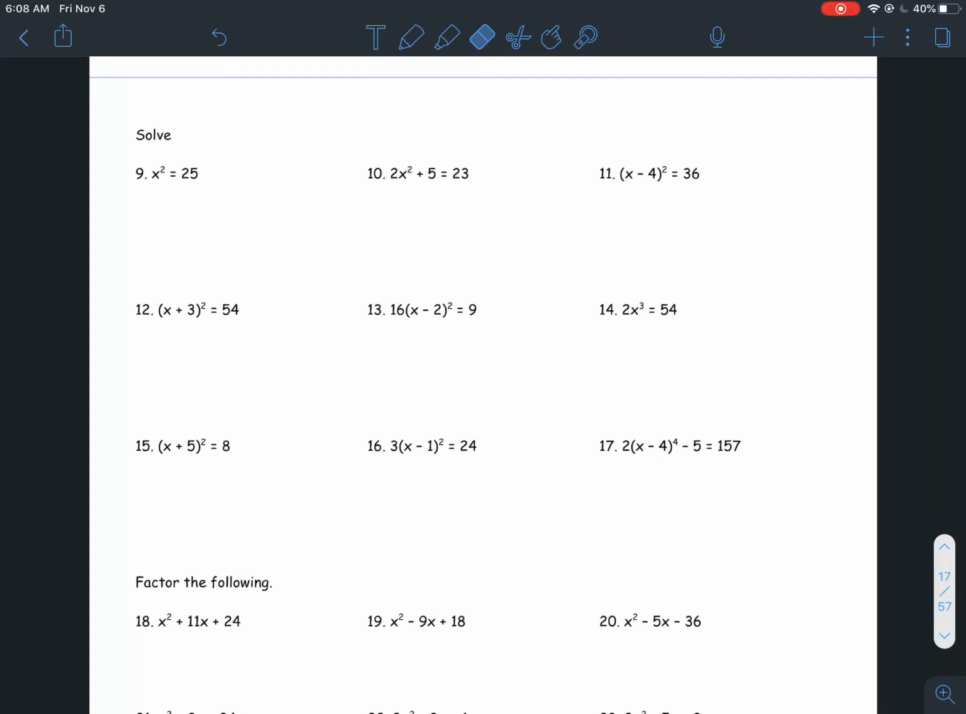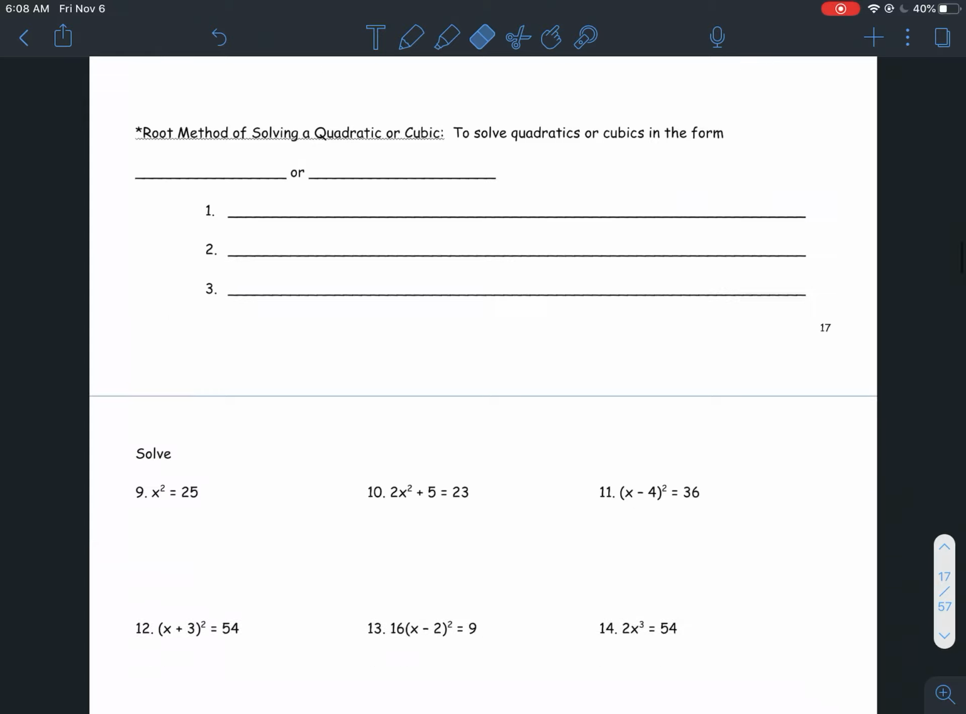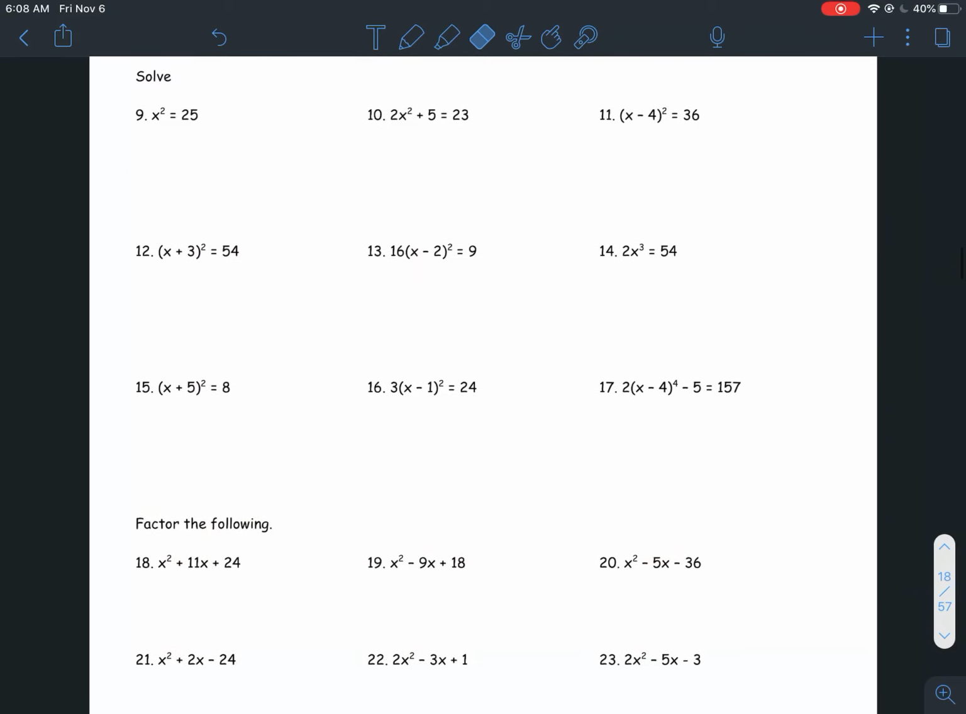All right, so we're going to go ahead and try to solve some of these quadratic functions. Some of them are actually cubic and some of them are quartic. Real quick, I am skipping this page 17, so go ahead and get to page 18 of your notes. All right, so if we look at number 9,